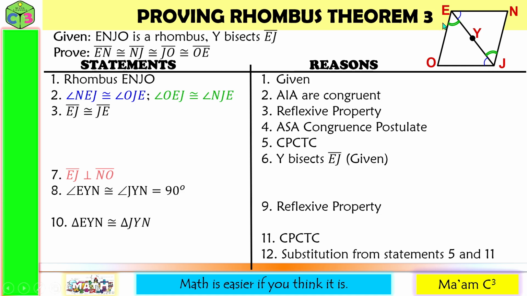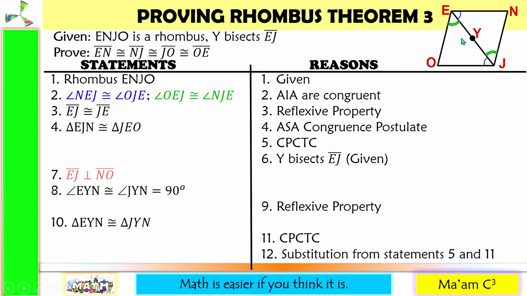So where are the two triangles? That would be triangle EJN is congruent with triangle JEO. Again, triangle EJN, so 1 to 2 tick marks, is congruent with JEO, 1 going to 2 tick marks, as a congruence postulate. And if these two triangles are congruent, their corresponding parts are also congruent.